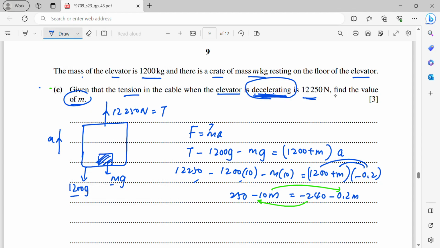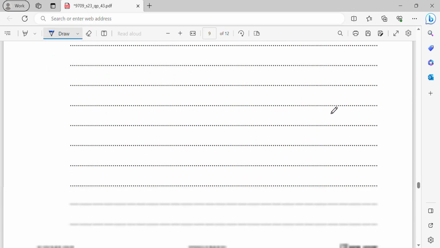So I will get 490. 250 plus 240 is 490. The positive 10m minus 0.2 m will be 9.8 m. That means my m is going to be 490 over 9.8, which is 50. That is my m value. Okay, now